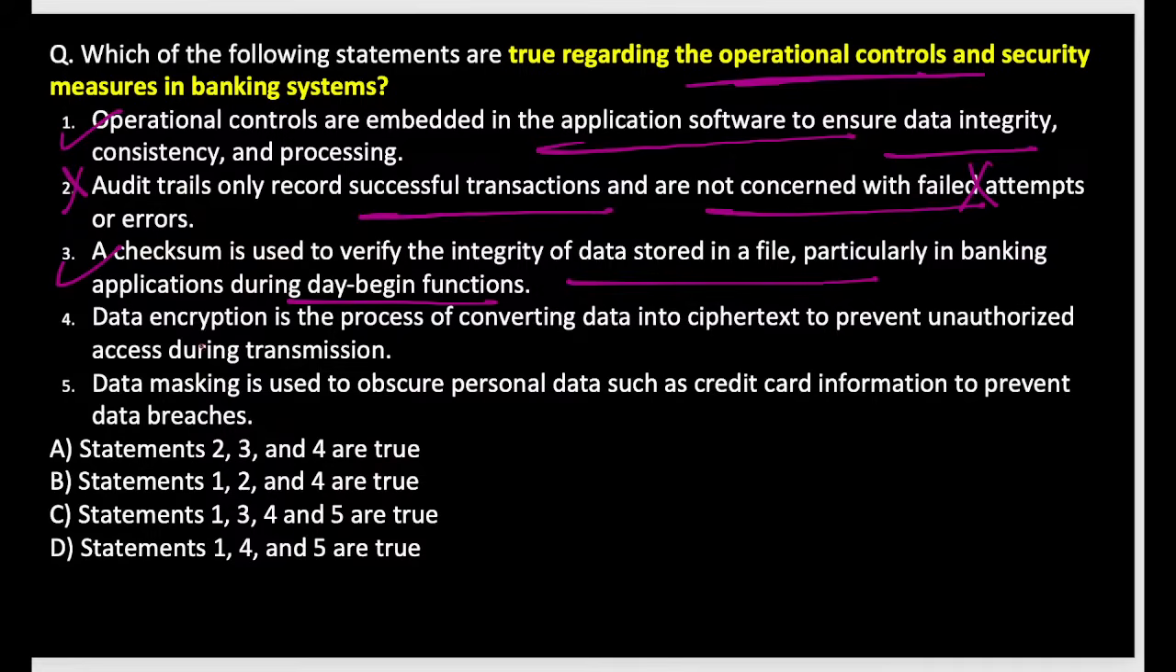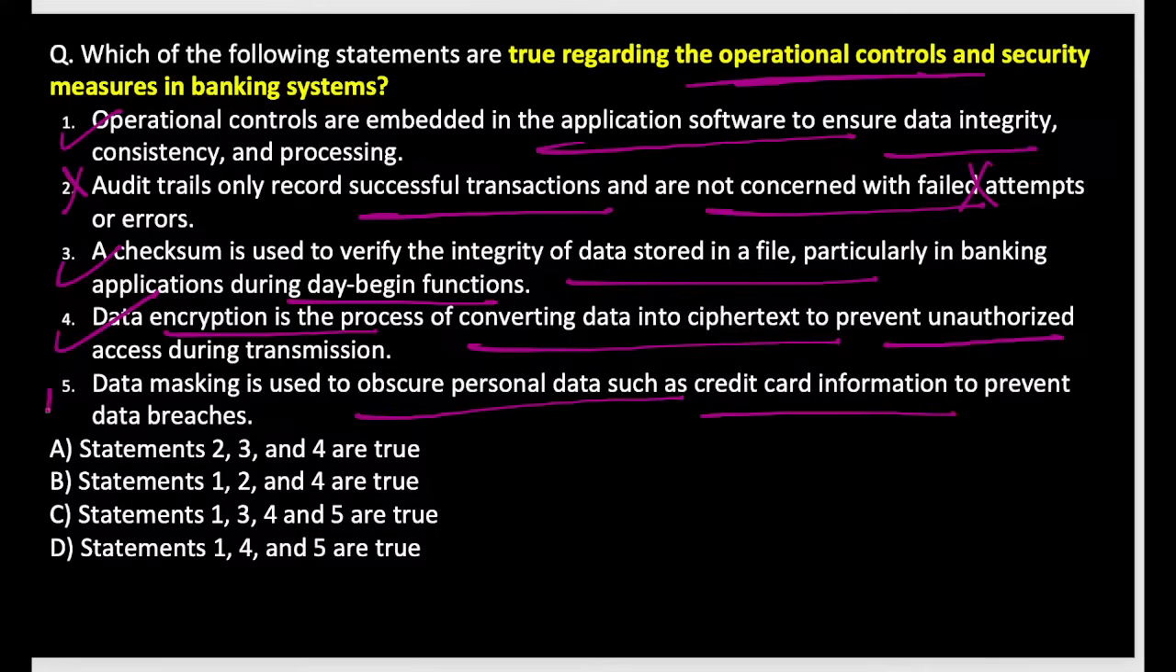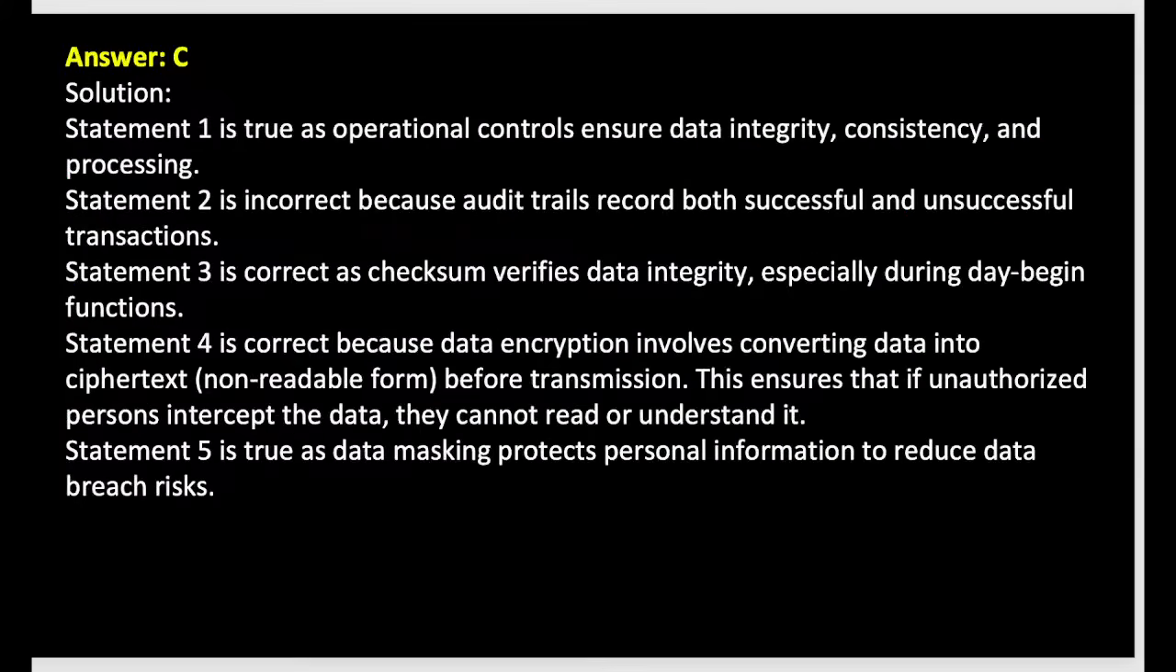Data encryption is the process of converting data into ciphertext to prevent unauthorized access. Data masking is used to obscure personal data such as credit card and others. So that is also true. So 1, 3, 4, 5 means option C will be the right answer for this particular question. Very good, guys. Awesome. So the only incorrect statement is this: audit trail records both successful and unsuccessful transactions. Next one,